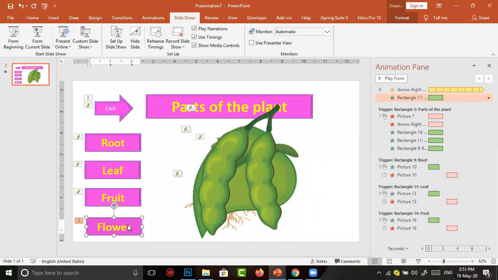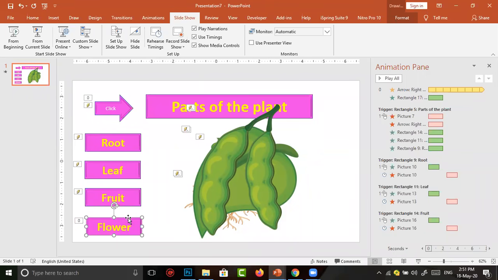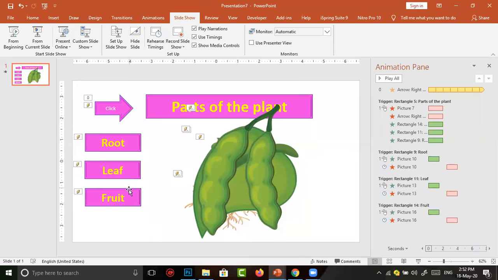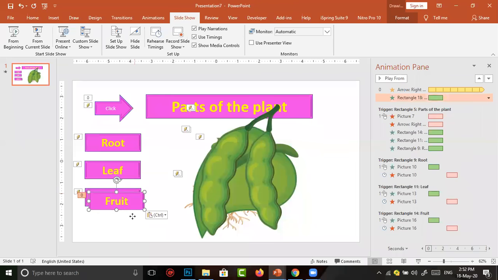After I copy and paste the animated one, the animation is also copied. It should be brought to the group.